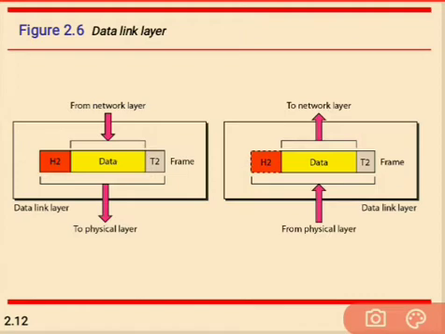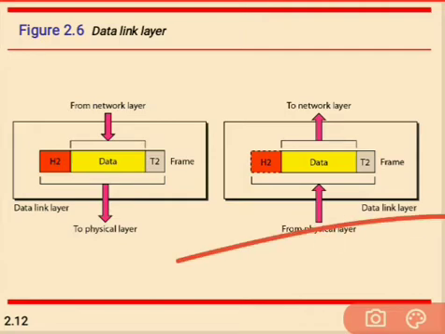The bit packets are sent by the physical layer, and in the data link layer these packets are referred to as frames. The data link layer is handled by the network interface card and the device drivers of the host machine. The switch and bridge are data link layer devices.